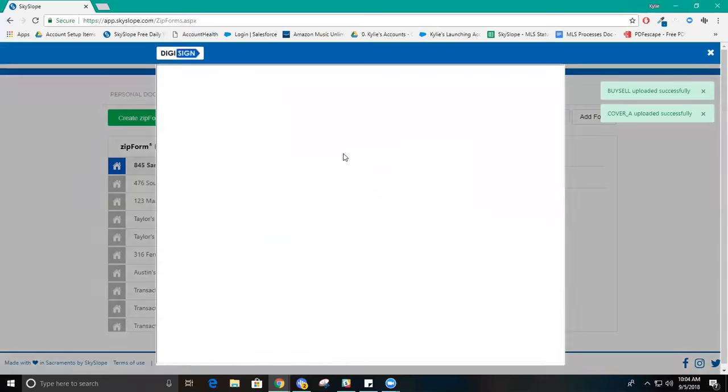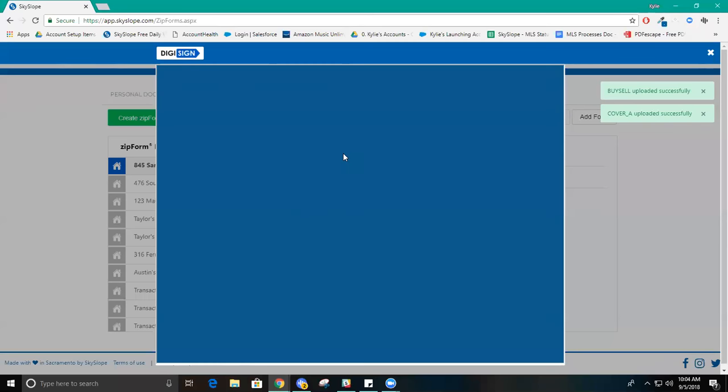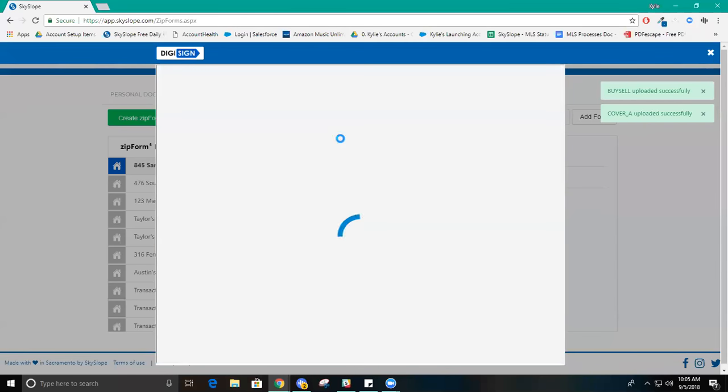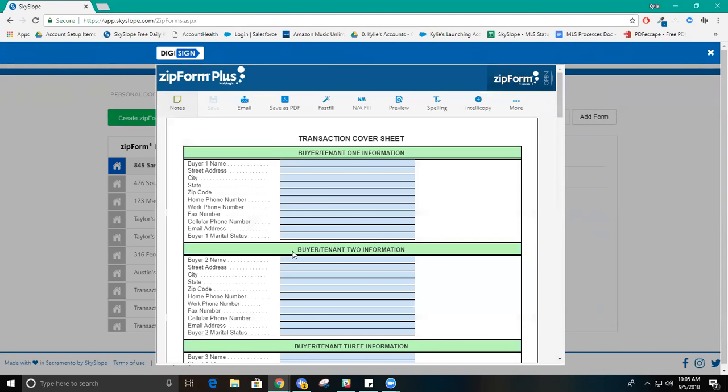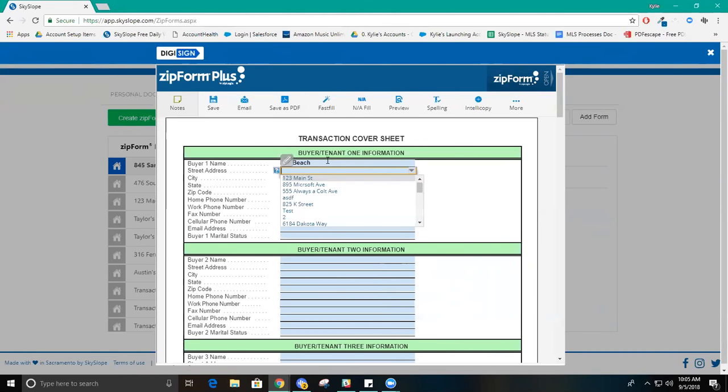I'm going to fill out that cover sheet because that's super helpful. It's going to help us populate that information. If this offer gets accepted and we have that cover sheet filled out, it's going to help us populate that information right into our SkySlope profile for us, so less data entry for you guys. So we're going to go ahead and add his information in here. His current street address is 123 Main Street,